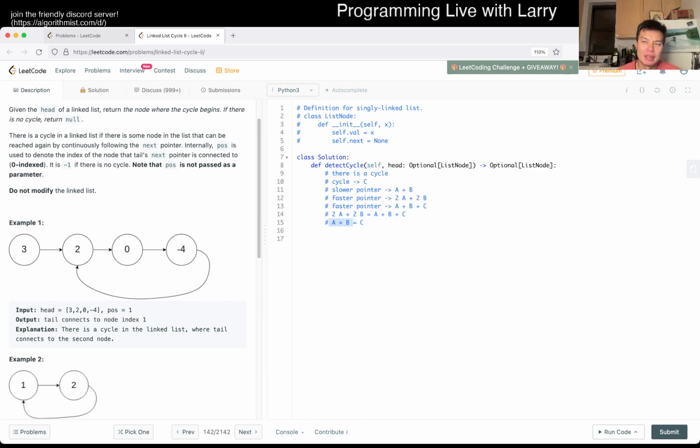Well, oh, I see. Is that true? No, I guess not. I was gonna say maybe we could calculate this by sending another pointer moving C, but that doesn't really change anything because now we know the length of C, but we do not know A or B. What if we? No, that doesn't make sense. I was gonna say, what if we send a second slow pointer, but there's a chance that they just never meet, right? So that's just silly.